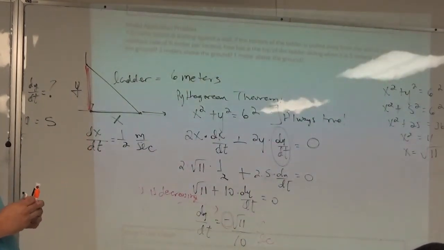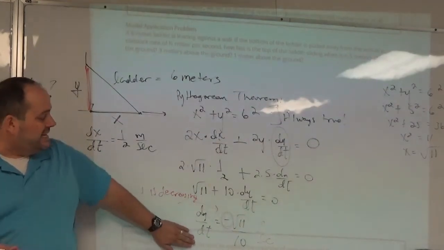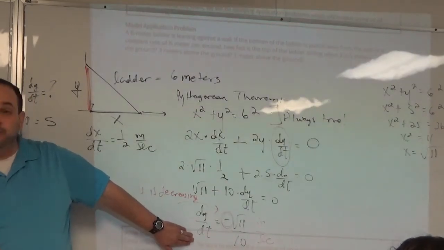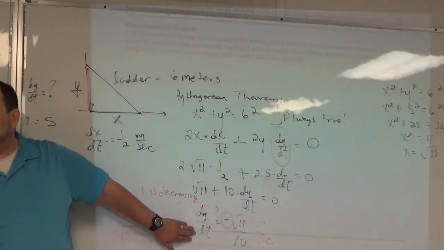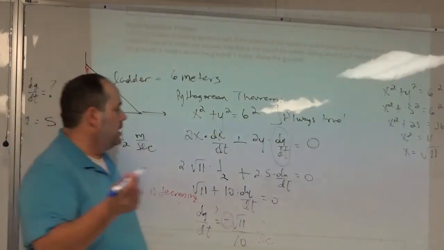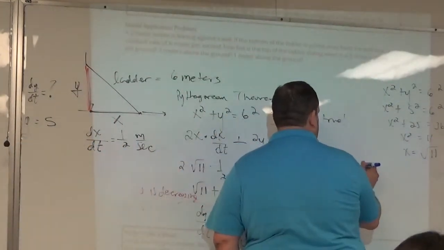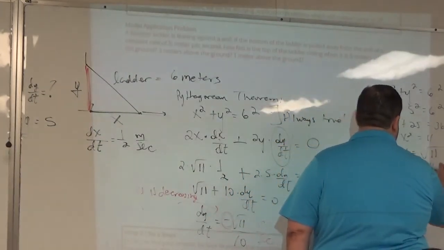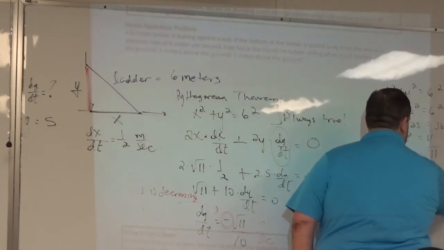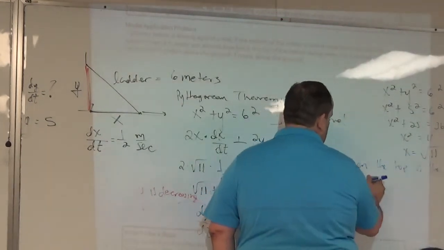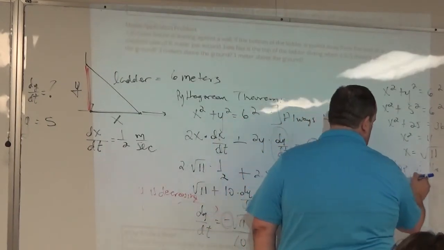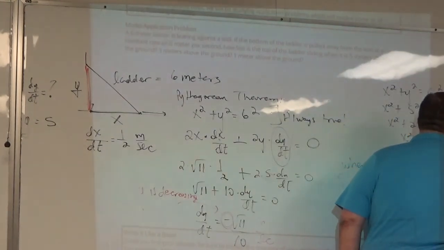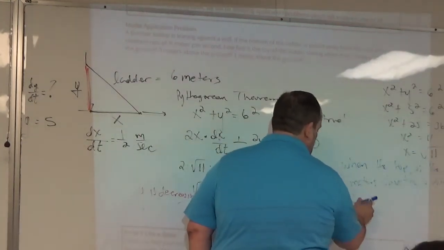And you guys should have it at the bottom. When you write your final answer, you need to tell me when is this true. At what point is dy/dt equal to negative square root of 11 over 10 meters per second? It goes 5 meters. Okay, so let's be specific. When the top of the ladder is 5 meters above the ground, the ladder slides down the wall,